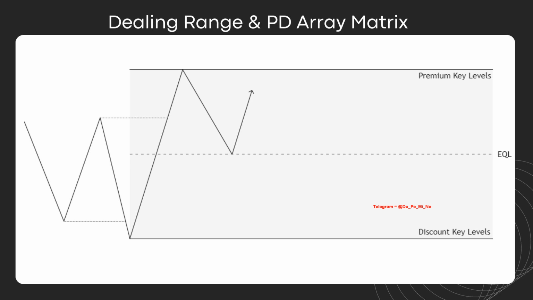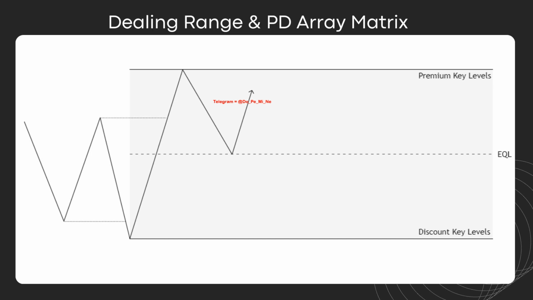Now when this swing ends and stops, that gives us a dealing range right here. This whole range of price taking out the range low or the swing low and then taking out the range high gives us a dealing range, and when this is divided into two halves, it gives us the premium and discount region. Now as I said before, the case study that we are analyzing here is in a bullish market condition, which means that the structure is bullish, or maybe the order flow is bullish. So now we're going to explain what price often does in such a market condition when price forms this sort of